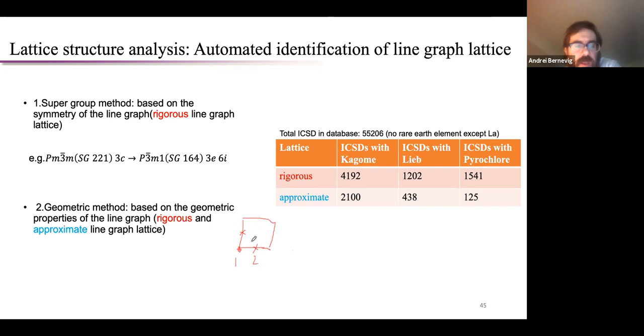And then I would say, well, the distance between the 2 Wyckoff positions that have the higher multiplicity is larger than the distance between the Wyckoff position of the higher multiplicity and one of lower multiplicity. And then I do another check. So you can automate this process. Then this will give you this lattice. So you can automate this process basically.